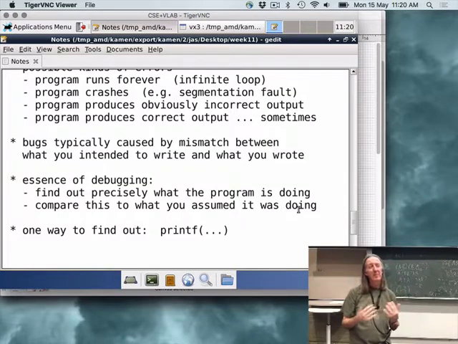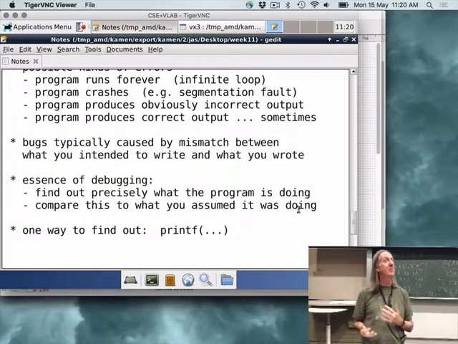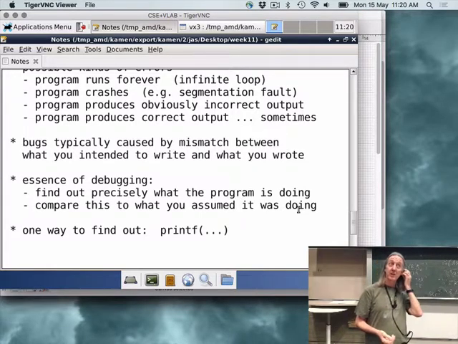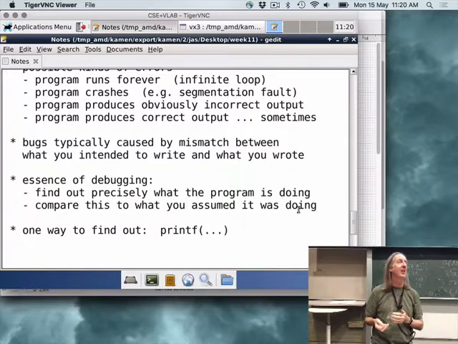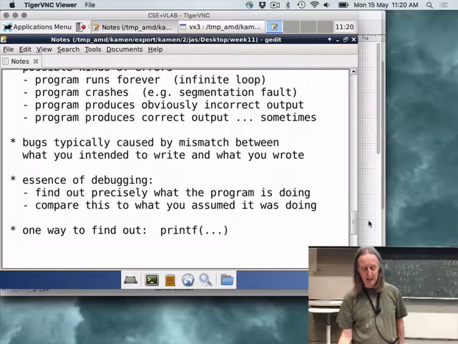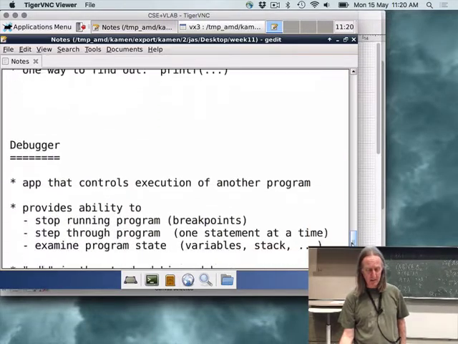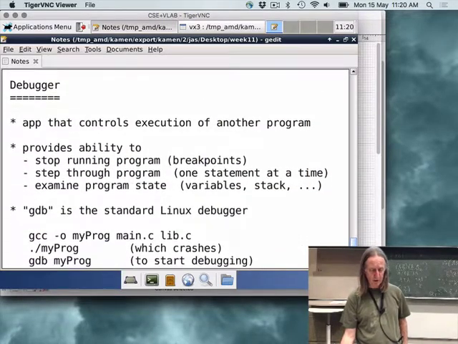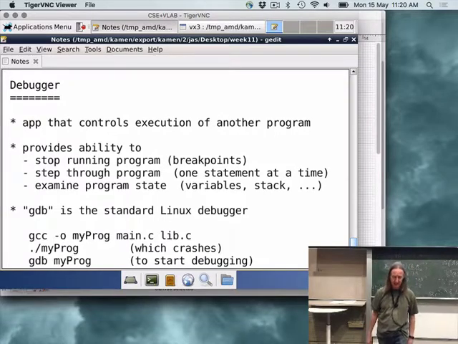So printfs actually modify the program, so potentially you're not exactly looking at the same program anymore while you're trying to debug. So, you know, this is kind of Heisenberg. When you start observing things, they behave differently. So when you start observing with printf, you're looking at a different version of the program than the one that originally crashed. So that's potentially a problem. So if you want to keep looking at the same version of the program, then you need a tool to help you, and debuggers are the things that do that.